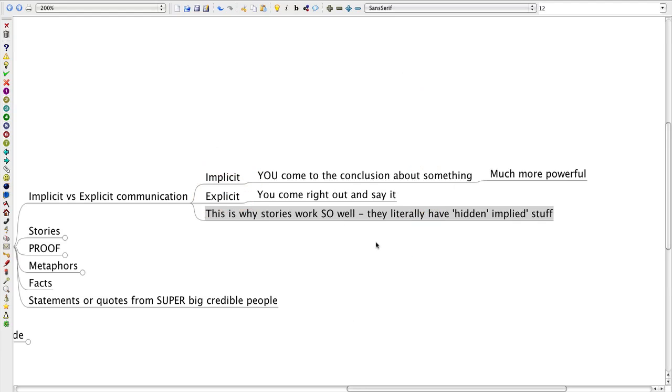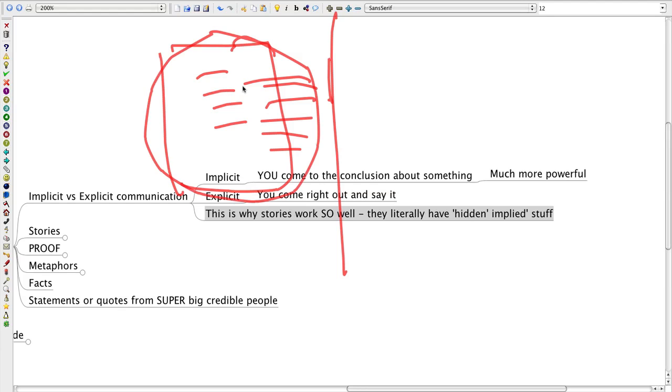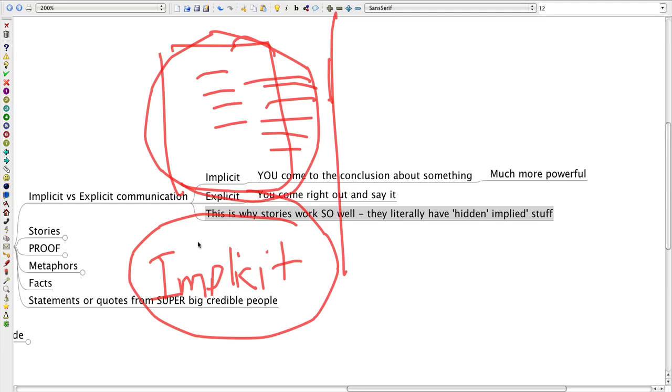Let me ask you a question. How many times have you gone into an argument with somebody, and in the middle of the argument you realize that you're kind of wrong, but you still just hammer the point home because it's your point? You're just backing yourself, right? Why? Because it's an implicit thing. People are going to back what they believe 100 times more than